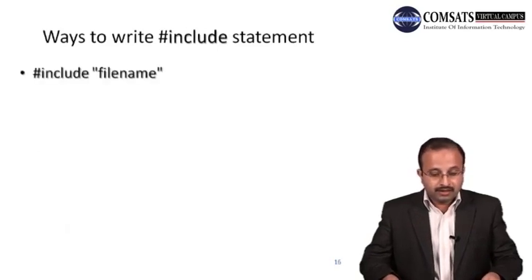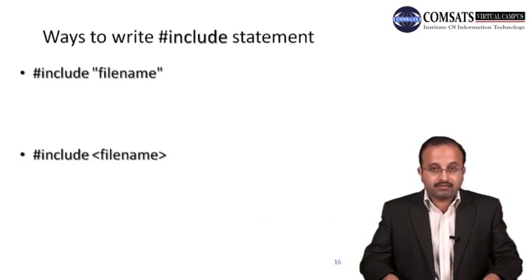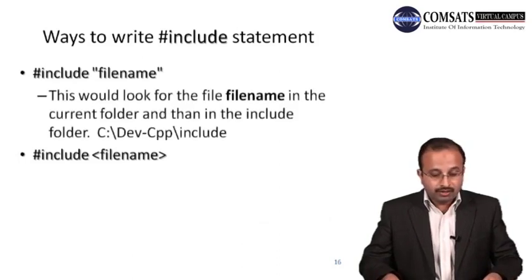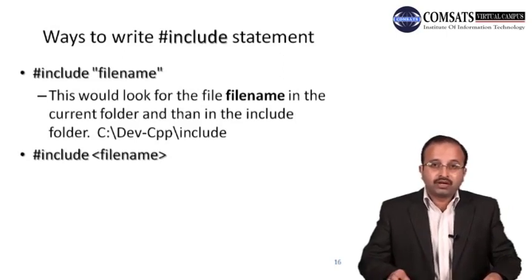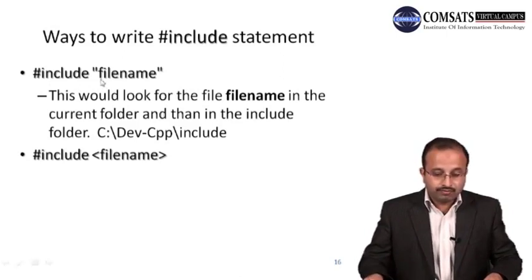So there are different ways. That is the first way, where you write the file name in double quotes. That is another way, where you write it in between less than and greater than signs. So what does the first mean? That is double quote. This would look for the file name in the current folder. Current folder means the folder from which you are running your program, the folder in which your .c file is saved, in which you have written hash include file name. It will search for this file name in that folder,